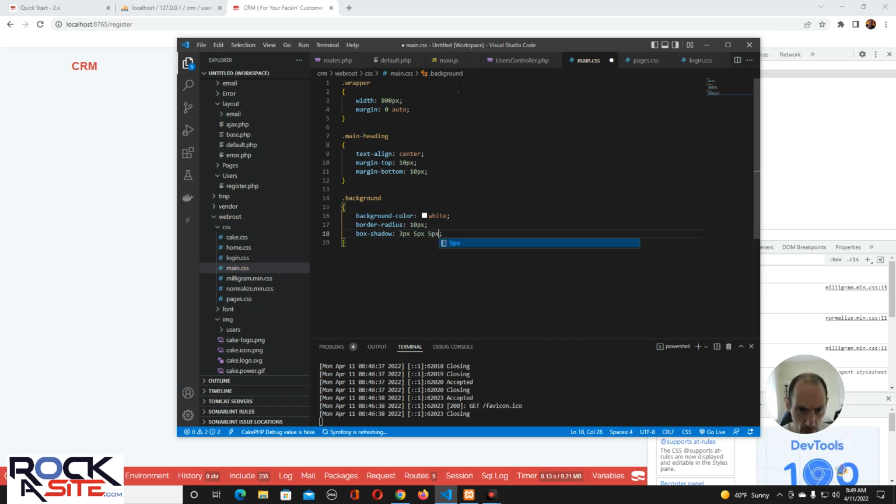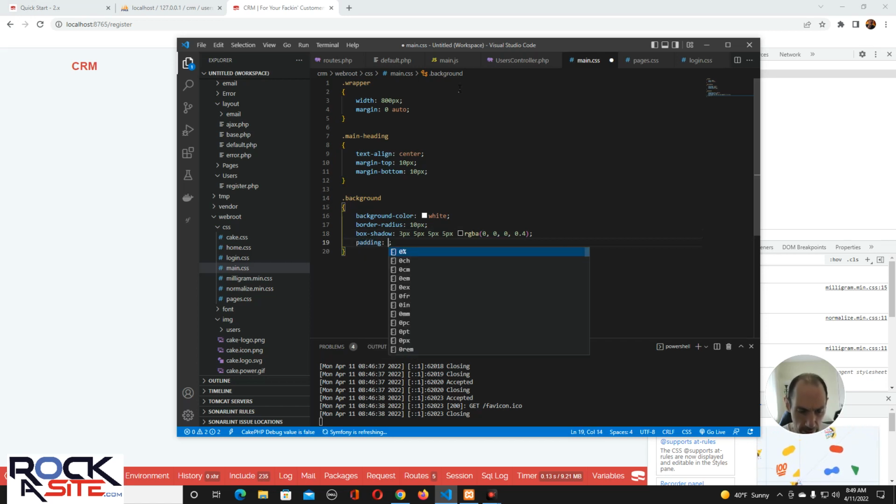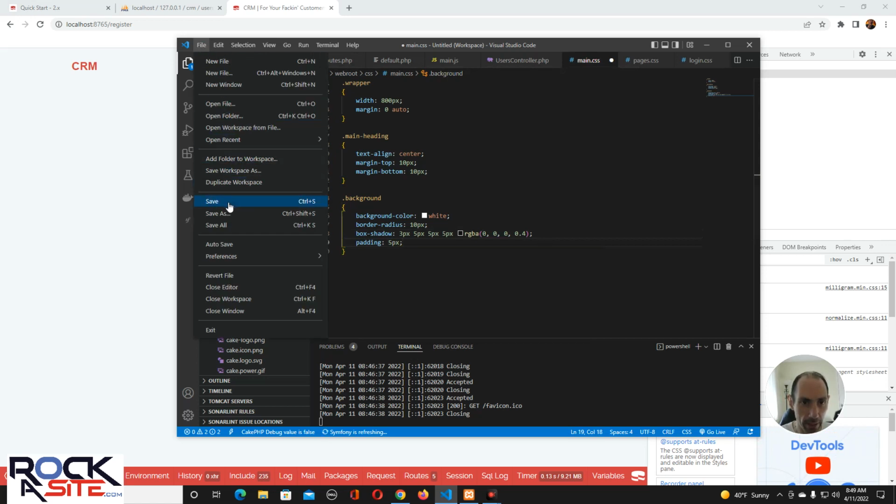And we'll go 5 pixels again, and we'll just go RGBA, and we'll make it black, because it has the contrast, and we'll do it a little light tone. And we're going to go padding, because I love my padding. With those implemented,